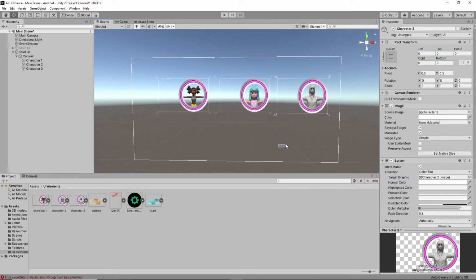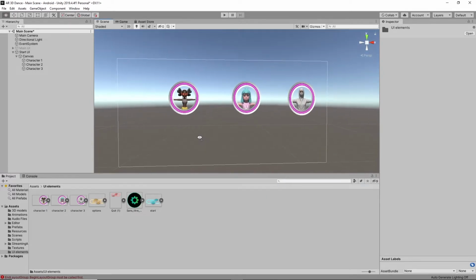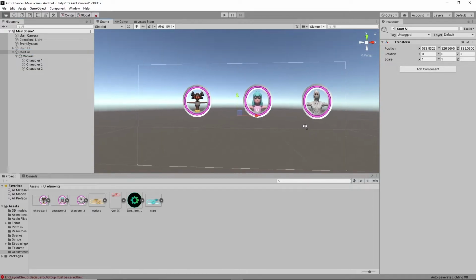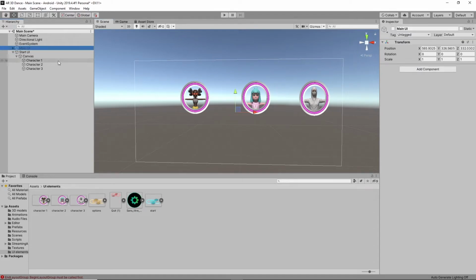Now my buttons are created. See here, if I click on the start button, it has to show these 3 buttons. So for this as well, I'm going to take the back button, because if I want to go back to the UI that is present in the start menu, how will we get it? So I'm going to add another button called back button.